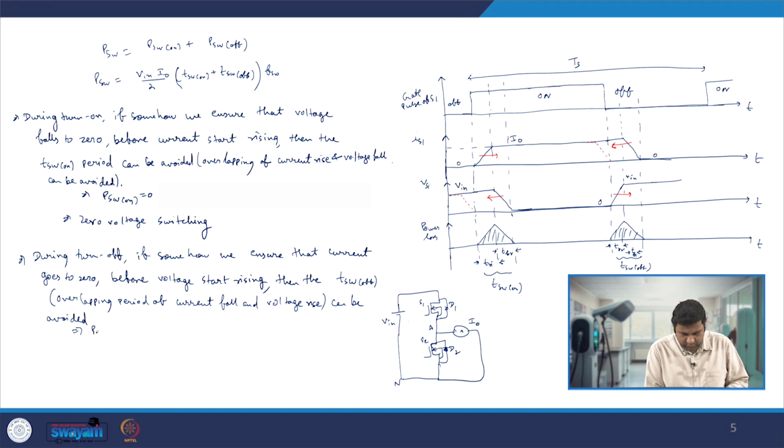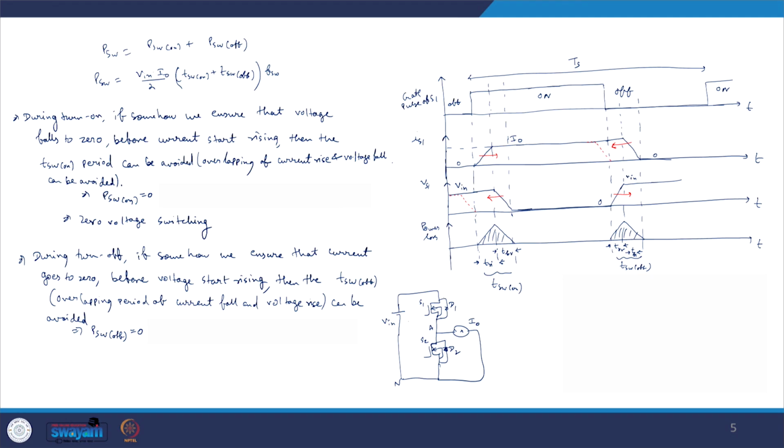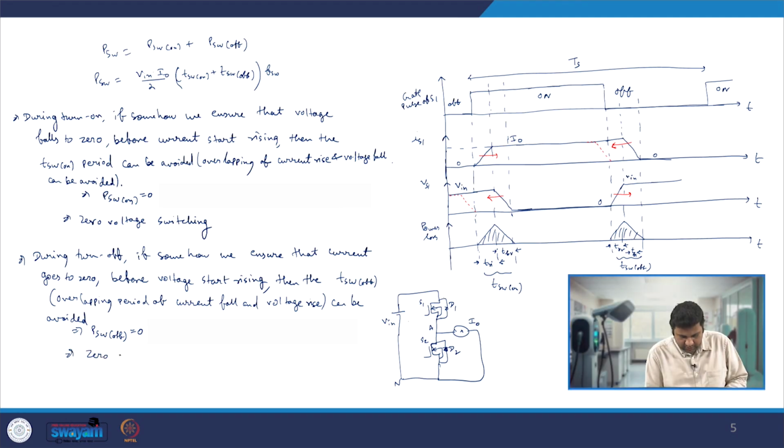This will lead to P switch off being equal to 0, and that particular scenario is called zero current switching,